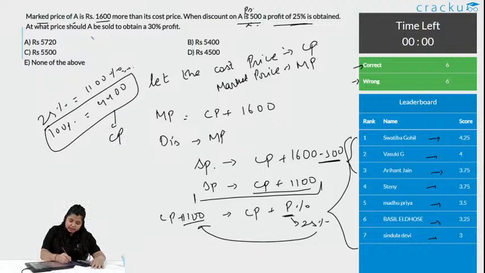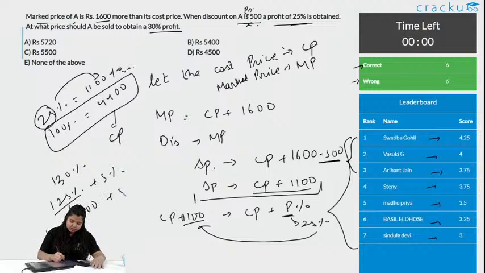It is asking what the price should be when sold at 30% profit. So you already know 25% is this and 100% is this; it is asking for 130%. 130% can be 125% plus 5%, right? 100% is 4400, 25% is 1100, plus 5%. I am just keeping it as is, and I will tell you how to do this. It is 5500 plus 5%, right?